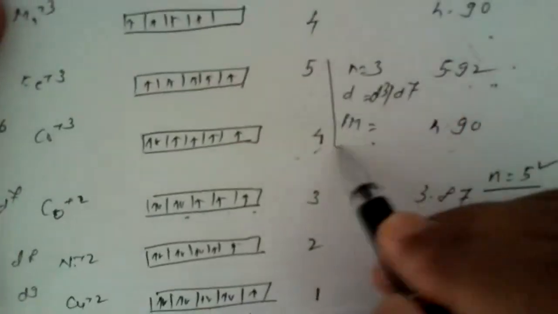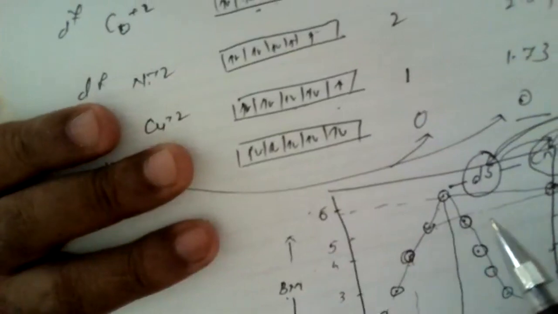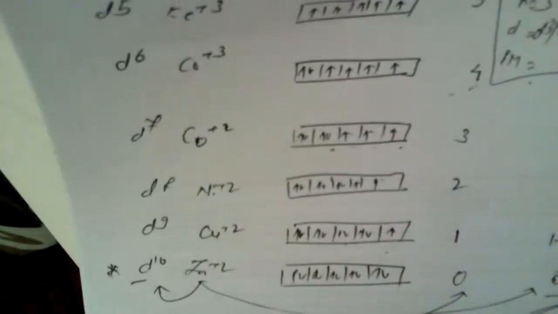So we can calculate either of these parameters just by looking at this particular graph. Thus, from the values of the magnetic moments shown by these different configurations, we can easily calculate the d orbital configuration and the total number of unpaired electrons with respect to the magnetic moment in Bohr magnetons by using the spin only formula. This is how we can conclude the property known as the magnetic property.